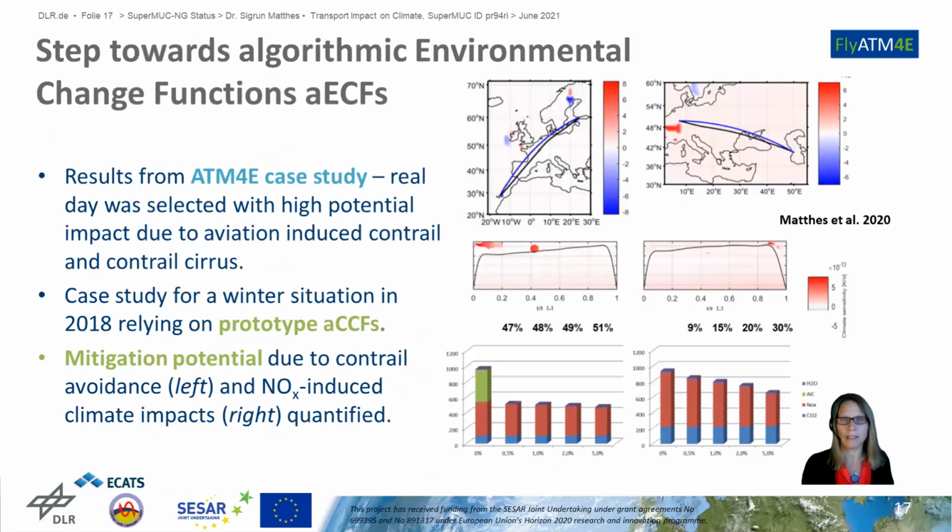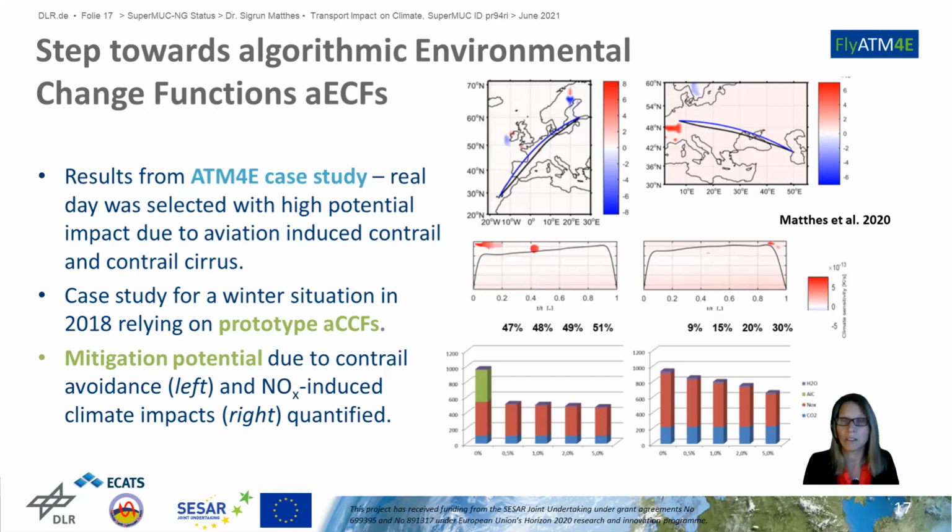And if you exploit this, and this was done in a case study for the European airspace, by evaluating individual trajectories to see if there are alternative solutions where you can mitigate climate change, you can see in the left example, the left column is the total effects, and it has a strong green contrail cost effect, while red is the nitrogen oxide and CO2 is in blue. By changing the trajectory slightly, avoiding a supersaturated region, you can avoid the contrail warming and you can reduce the climate impact in this situation considerably.